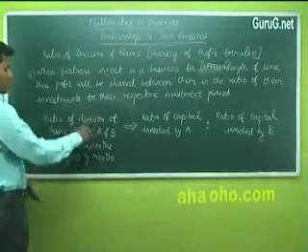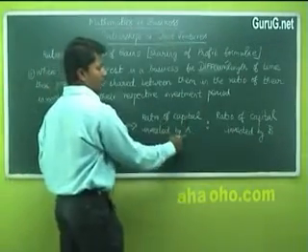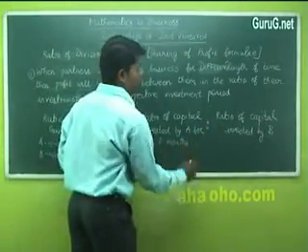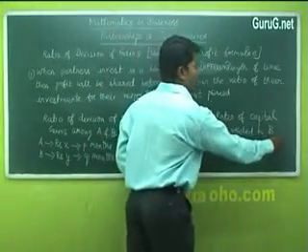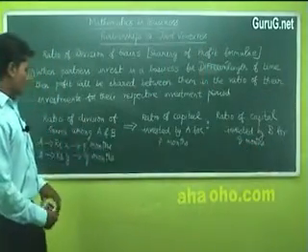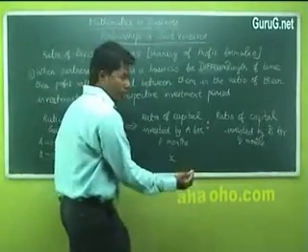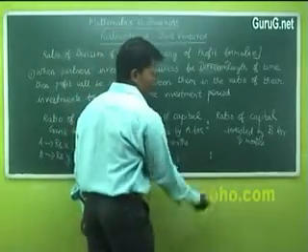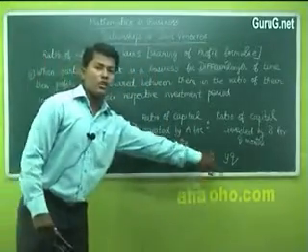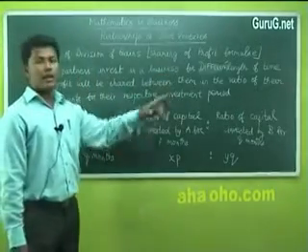The ratio of division of gains among A and B in this case will be the ratio of capital invested by A for P months to the capital invested by B for Q months. In this ratio, the gains will be shared. That is rupees X for P months, so X into P, is to rupees Y for Q months, Y into Q. So XP is to YQ. This is the case for different lengths of investment period.